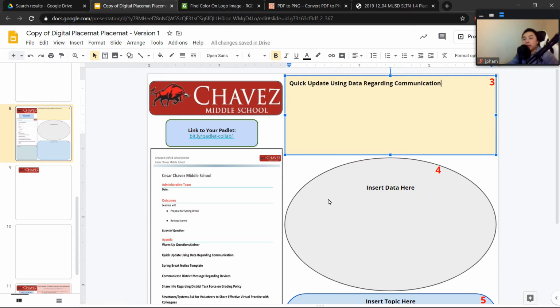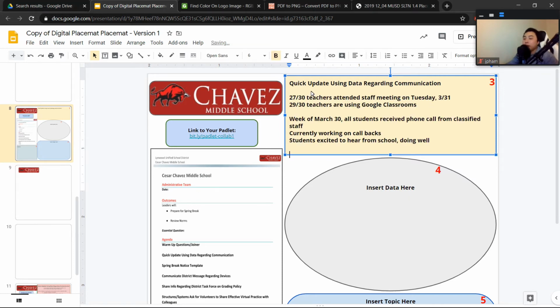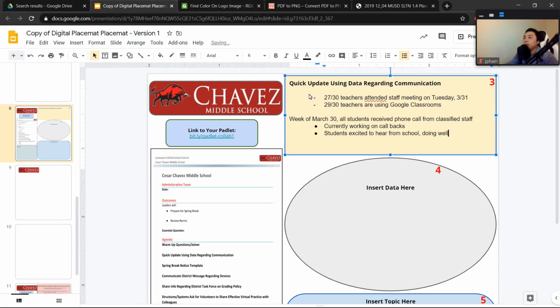Great. So once you have that there, I was given the content to put into this box. And so I'm just going to copy the content that I have and paste it right into here. Okay, that looks good. In addition to this, I was given a picture or a sample of a data log for the teachers to take a look at and think about how they capture data. And so I will need to put that